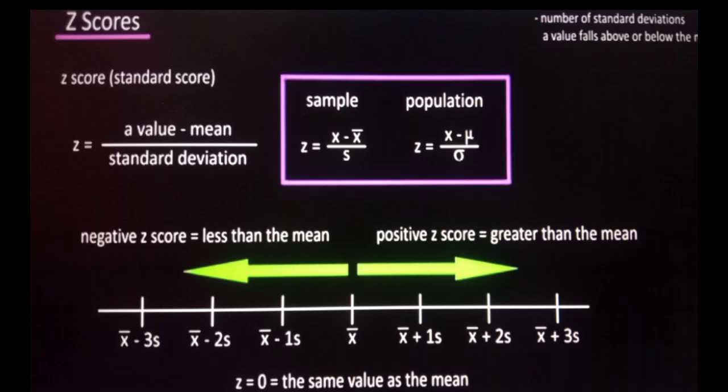Okay? Here is the formula on how to calculate z-score. In z-score, there are two formulas, which are for the sample and the population. So now, z is equal to value minus mean divided by standard deviation. In z-score, there are above the mean and below the mean. When we say above the mean, that is a positive sign or positive value. And when you say below the mean, that is a negative sign and a negative value.